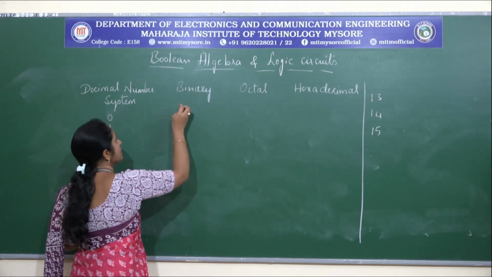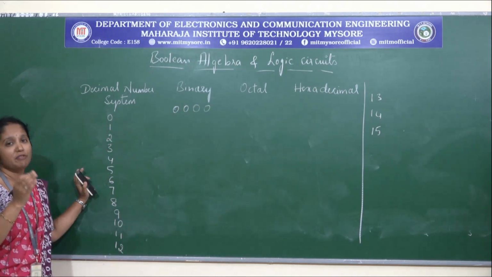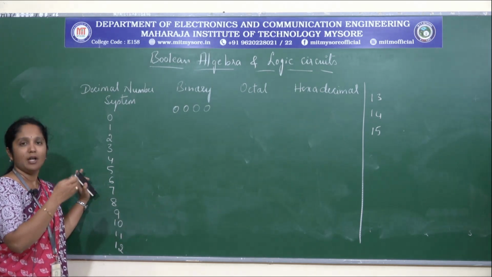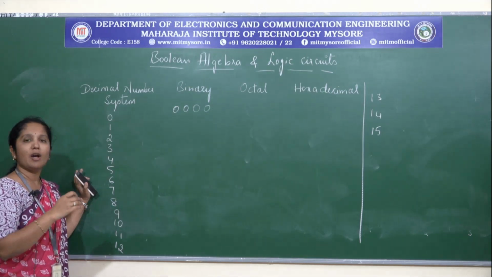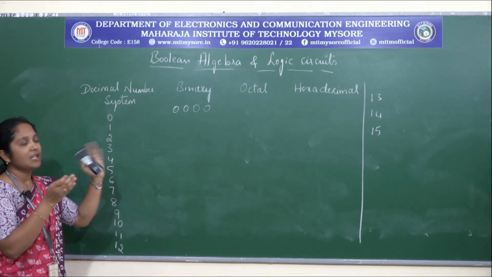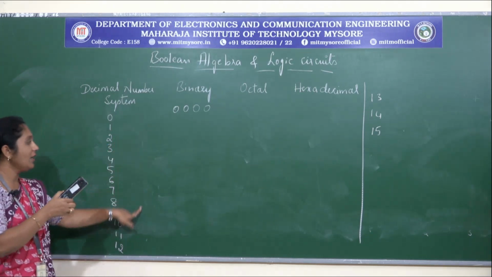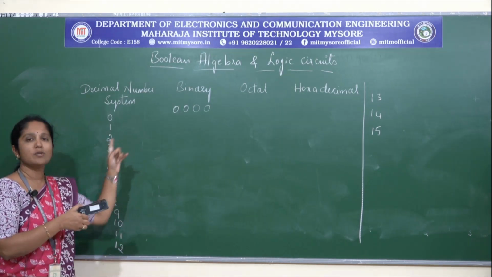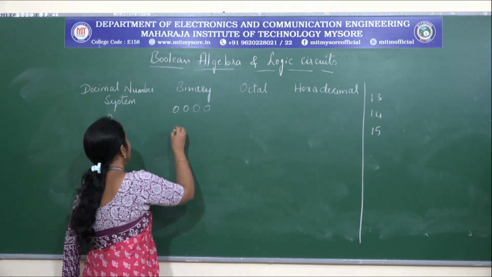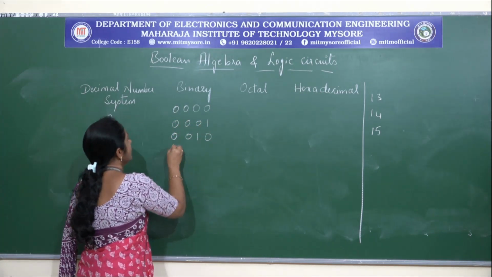Let me write the same 16 numbers in binary. In order to represent 16, actually not 16, since we are starting from 0, here also we will be having the maximum value, that is the last value, as 15. Therefore here 4 bits are sufficient since we can represent 15 using 4 bits. So I am writing the equivalent of these numbers in binary using 4 digits. Okay, yes. So I have 0 0 0 0 here, next 0 0 0 1, 0 0 1 0,